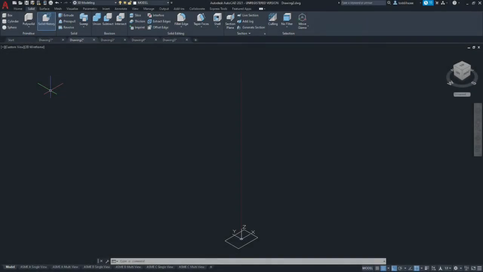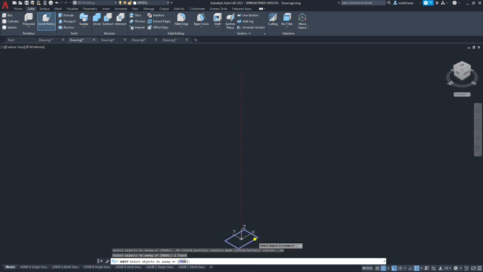Here's our last demonstration with the sweep command, where we have a rectangle as our profile and a straight line as our path. And we're going to introduce a twist in this example. So we select the sweep, we select our profile, hit enter to accept it, and this time we're going to use the twist command.